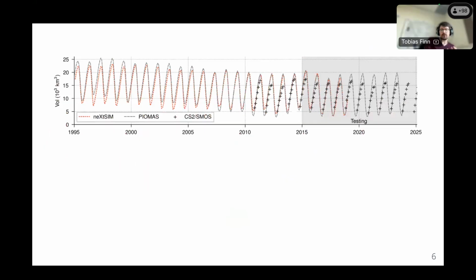If we now have such a model, we can then use this model to do rollouts to very, very long lead times. And so what I've done here is I started the simulation in 1995, and then I've run the model for 30 years. And then we can compare this model to the original simulated data from NextSim, so a state-of-the-art CS model, which is coupled to an ocean model, compare it to a reanalysis, compare it to satellite observations. And so here I show the CS volume, which is the product of the CS thickness and the CS concentration. And the amazing thing is,